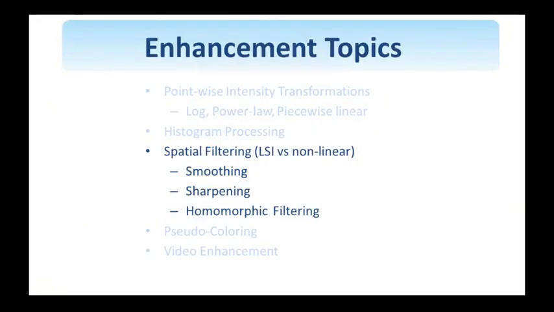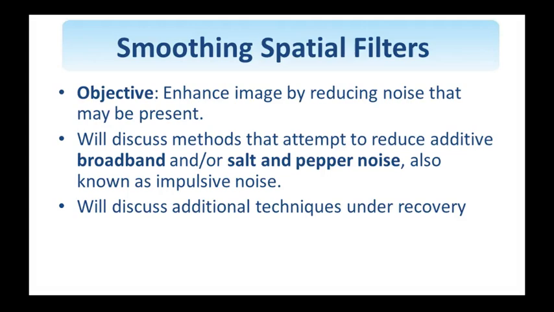We will move next to spatial filtering approaches towards enhancement, starting with the use of both linear and nonlinear filters for noise smoothing. Under the heading of smoothing spatial filters, we consider techniques for enhancing an image by reducing the noise that might be present. We assume that the noise is additive, but since these are enhancement techniques, no modeling of the noise is taking place, other than the basic knowledge that the noise might be broadband